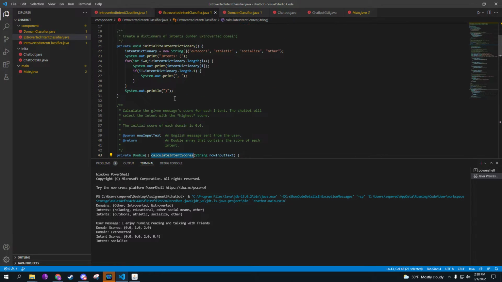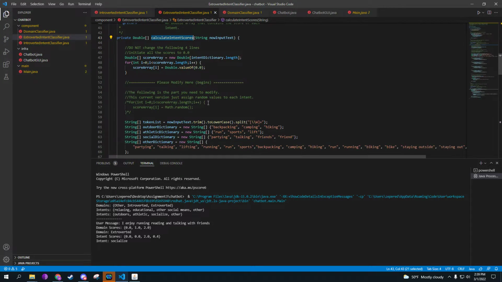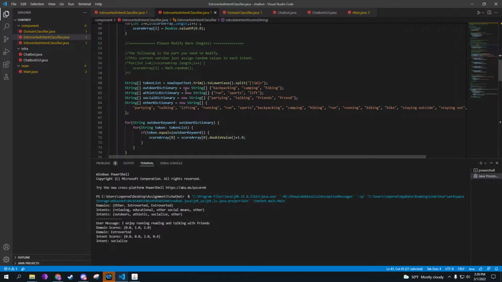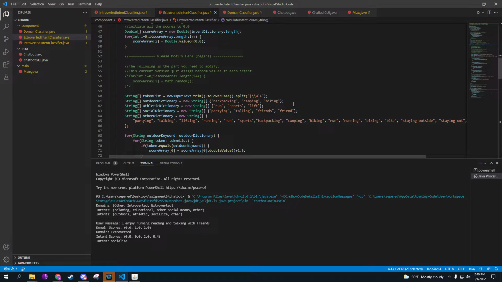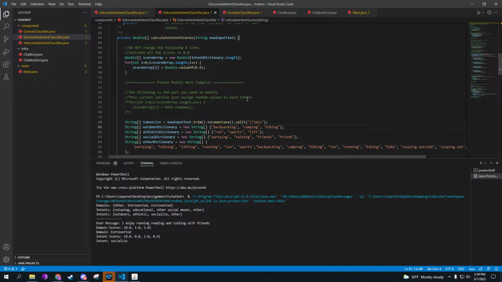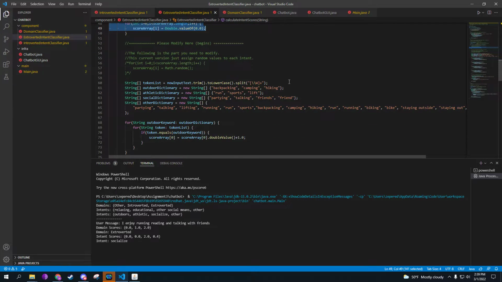calculating the intent scores, right? Which comes through here, and this, of course, sets everything to 0. Then we have this string function from your second talk about assignment 3, which essentially puts everything to lowercase and gets rid of any periods or exclamation points that come after it.